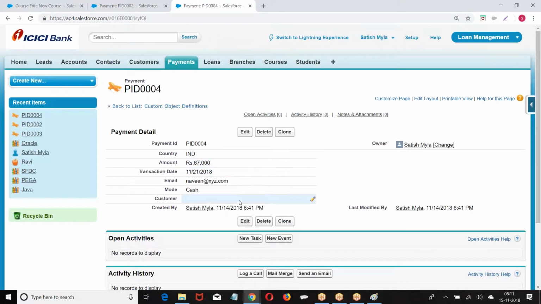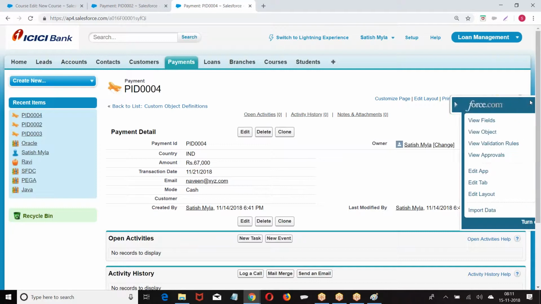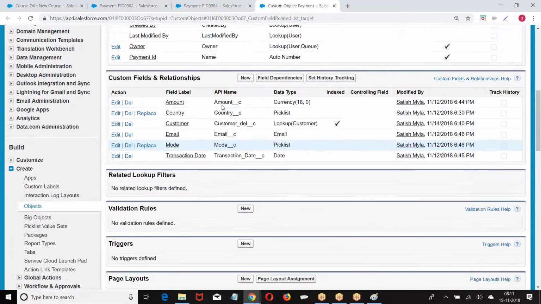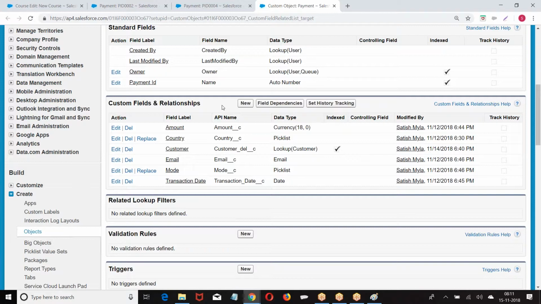We created one. Now again I am trying to convert lookup to master detail. Did I go to this record and assign some value in the lookup? In this record, I have not assigned the value in the lookup. I just created a record without assigning any value in the lookup. Try to convert the lookup again.